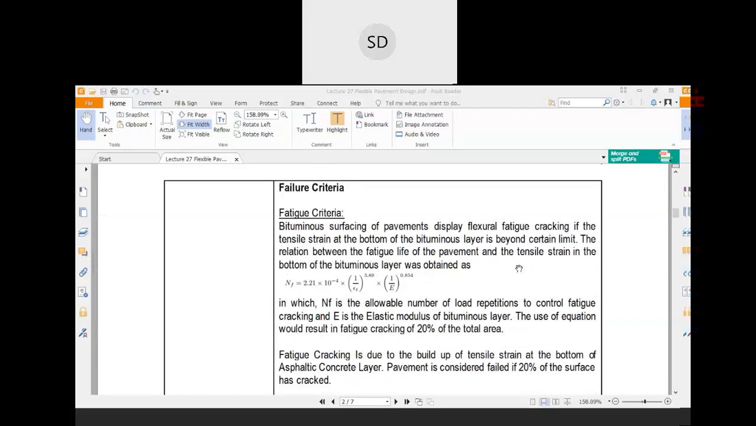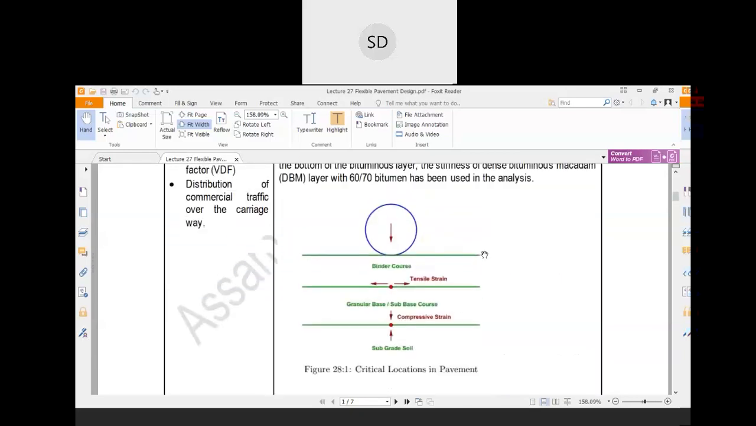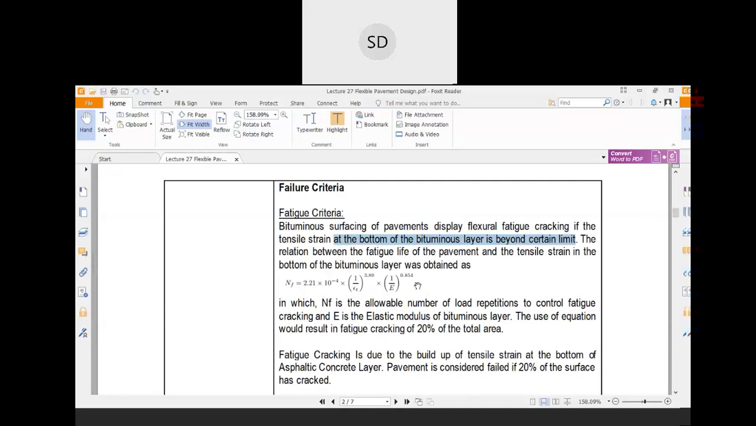Now these are two important terms, fatigue criteria and rutting criteria. Bituminous surfacing of pavements displays flexural fatigue cracking if the tensile strain at the bottom of the bituminous layer is beyond a certain limit. See here, the tensile strain is generated below the binder course, above the granular base course. In this case, if the tensile strain is excessive, some cracks will be generated,